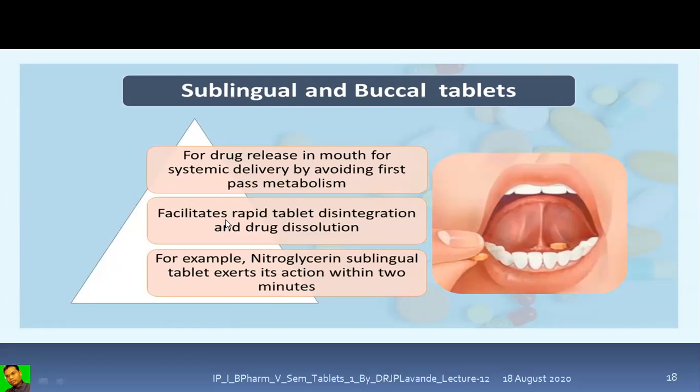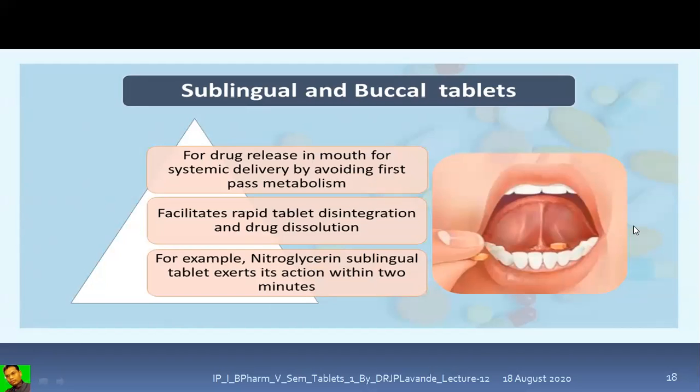So it will facilitate the rapid tablet disintegration and drug dissolution. For example, nitroglycerin sublingual tablet exerts its action within 2 minutes. You can see nitroglycerin, that is the drug of choice in case of angina pectoris, right? Less blood is supplied to the heart, so there is a choking sensation in the chest, so that will lead to the process of heart attack,